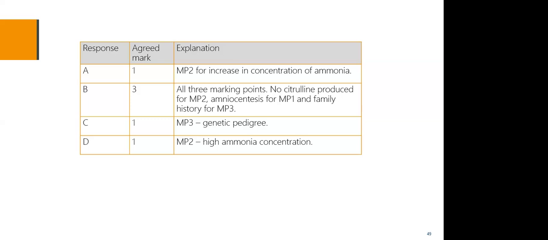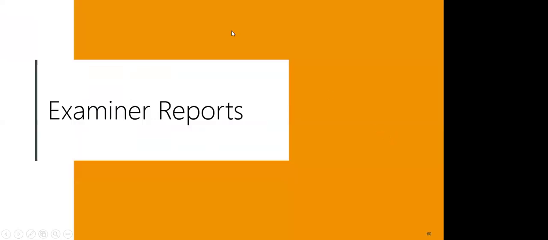Right, I hope this has been useful to you, looking at actual examples of candidate responses and the marks that were given. We're now coming to the final part of the presentation, where we're looking at the support that Pearson provides for you as teachers. And one of the first things is the examiner's report,